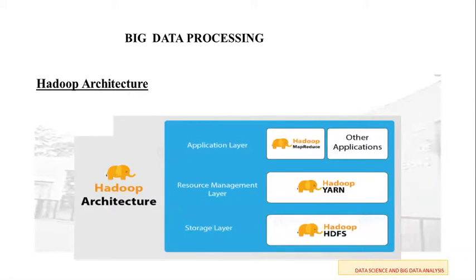The Hadoop architecture contains main components, and the first is HDFS, the Hadoop Distributed File System. HDFS stands for Hadoop Distributed File System. It states that a file will be broken into blocks and stored in nodes over the distributed architecture. It provides high throughput access to the application data. In the figure you can see the main components of the Hadoop architecture.